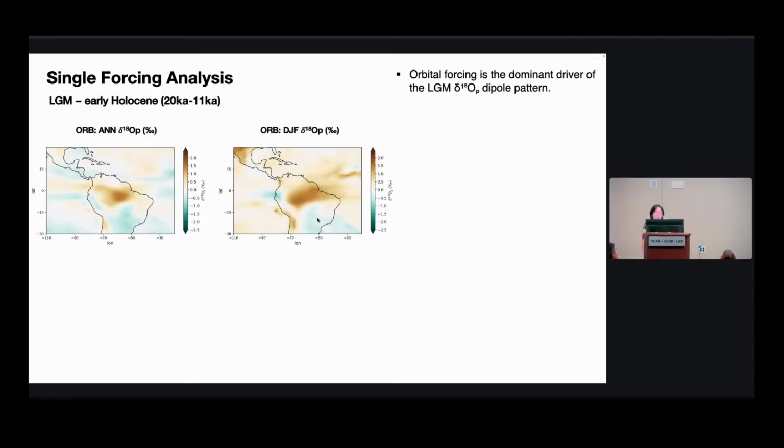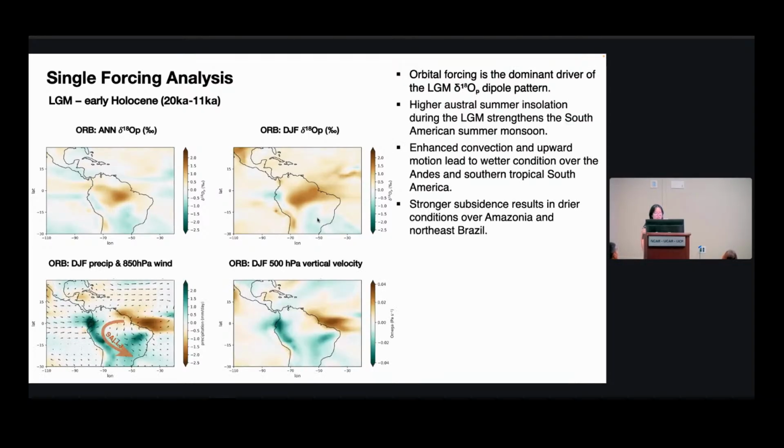And we further look at the seasonal analysis results, and we found the DJF delta 18O precipitation shows a very similar pattern to the annual delta 18O value in response to orbital forcing. So this makes sense because this is the monsoon mature season, and we know a lot of precipitation is concentrated in this season. And that indicates the impact of the South American monsoon. I think that's true because we also found a stronger South American monsoon during the last glacial maximum in response to